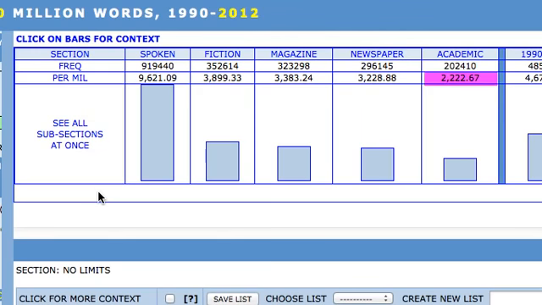However, its frequency in the academic text type, over 2,000 per million words, is significant. While it's true that the first person plural is marked for spoken discourse, it is also true that it is often used in academic discourse as well. We might then want to find out more about how it is used in academic writing. If we click on the bar in the chart,